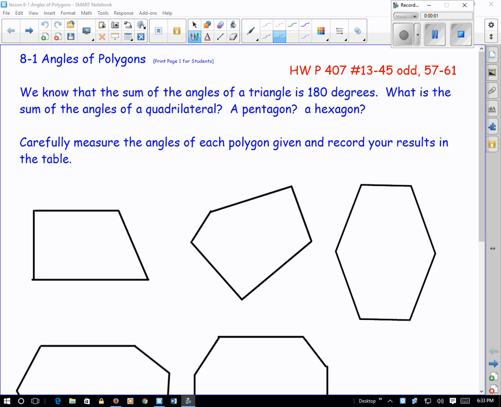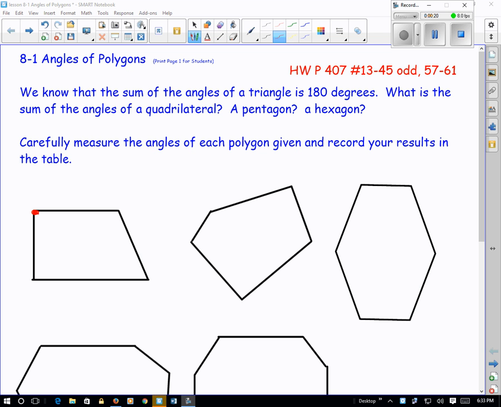Welcome, virtual class. Today we're going to take a look at angles of polygons. So here we have some various polygons. All of them are convex polygons, and we'll really want to focus on convex polygons for what we're doing here. And we're going to take those polygons, and if we pick one vertex of the polygon, so starting over here